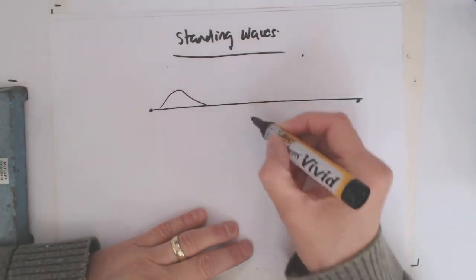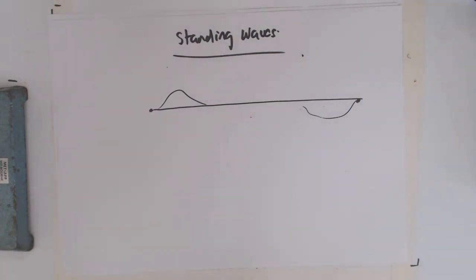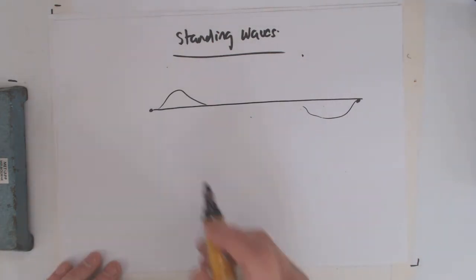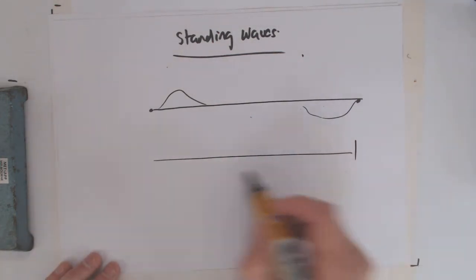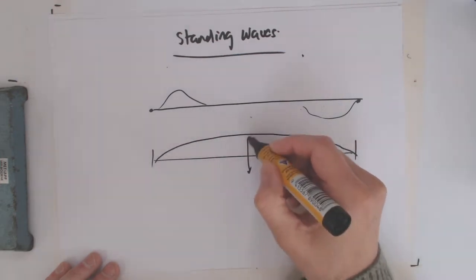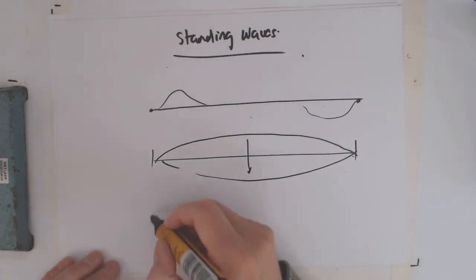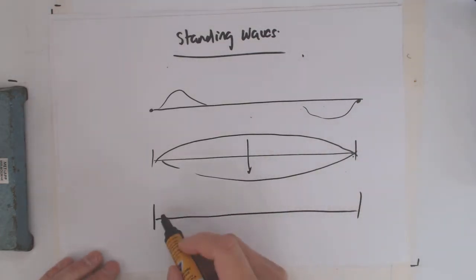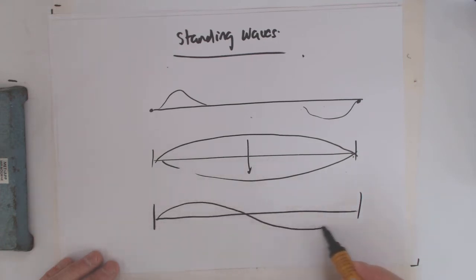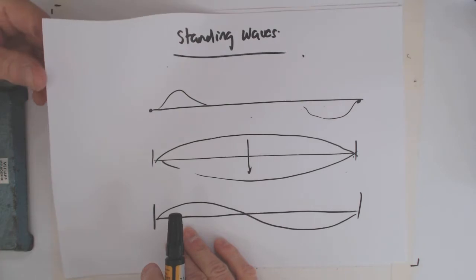You get your pulse going up like that, and you get your inverted. And you'll notice that you get certain patterns. You get the pattern where you can make it go like this, and it's just bouncing up and down backwards between these two modes. And you get the next pattern up, where you can get that sort of thing happening. And you get the next pattern up, I think you know where we're going with this,